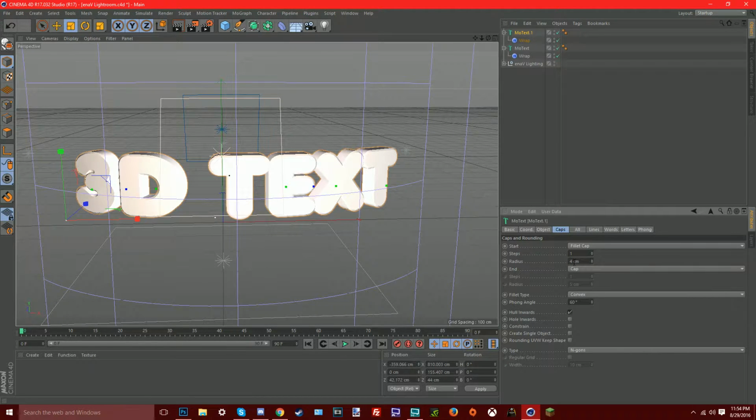I don't know, it just looks better to me with size 4. People use 5, but I like 4 the best. And then go to end, and then click fillet cap again, and then change that to 4 once again. And then after you do that, click on Motext, your original text,